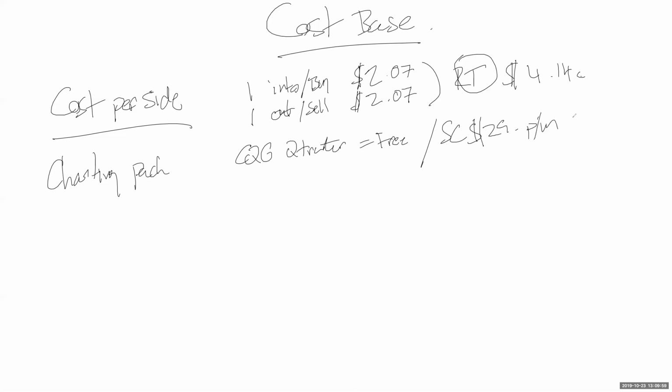There are other fees like CQG IC, which is on average about 1,200 a month. It's a very sophisticated package, but it's actually very comparable to Sierra Chart. Anyway, then we've got our cost per side, then our charting package, and then we have our exchange connection